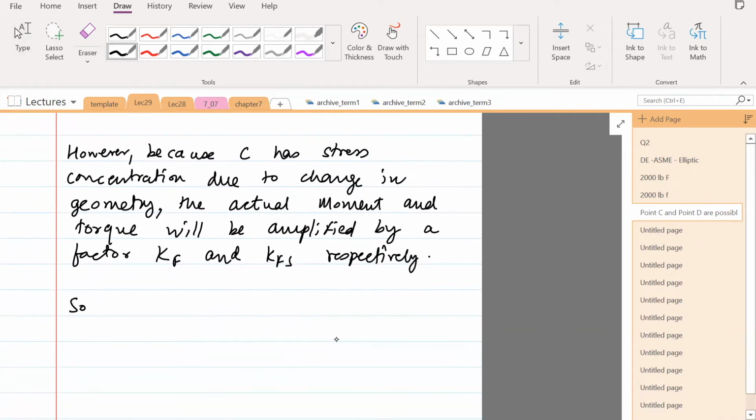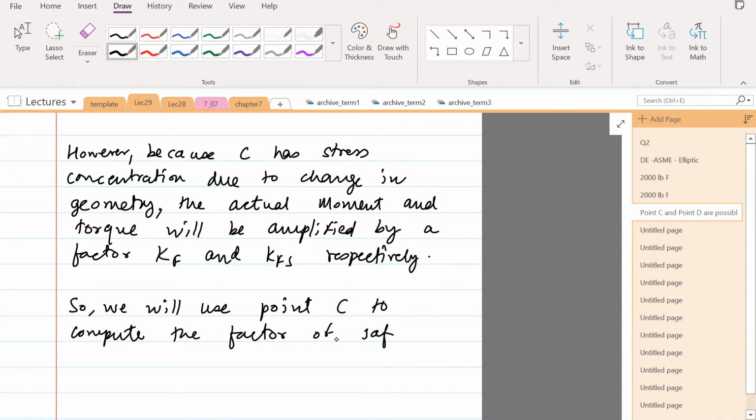Okay, so we will use point C to compute the factor of safety. Okay, so I'm going to stop and let Yao take over,